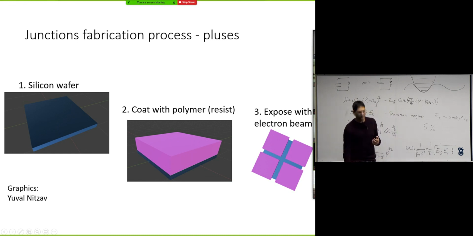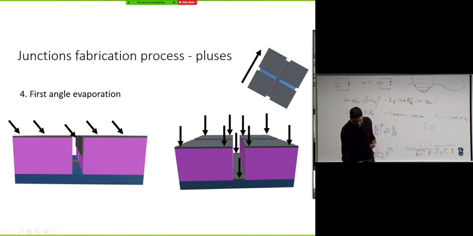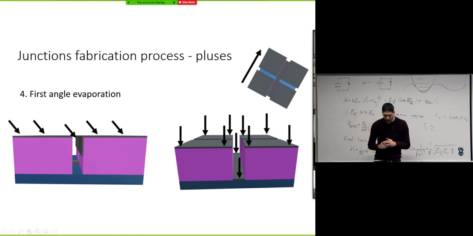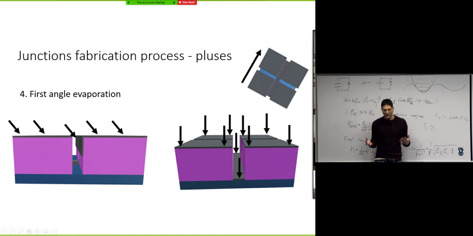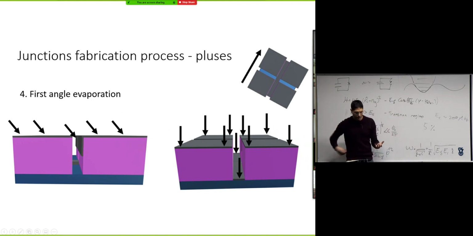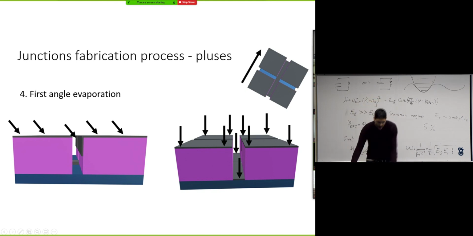And we want this all to happen in a clean environment without breaking vacuum, all in one shot in the vacuum chamber. The way this is done, and this is why you do this X, there are other ways, but the simplest way to explain is with this X design and what is called angled evaporation. So you take your substrate and you put it in a vacuum chamber. At the bottom of the vacuum chamber, you have your crucible with your metal. And this is the evaporation. Now you evaporate with an angle. And the angle gives the degree of freedom and the key to doing these sandwiches,